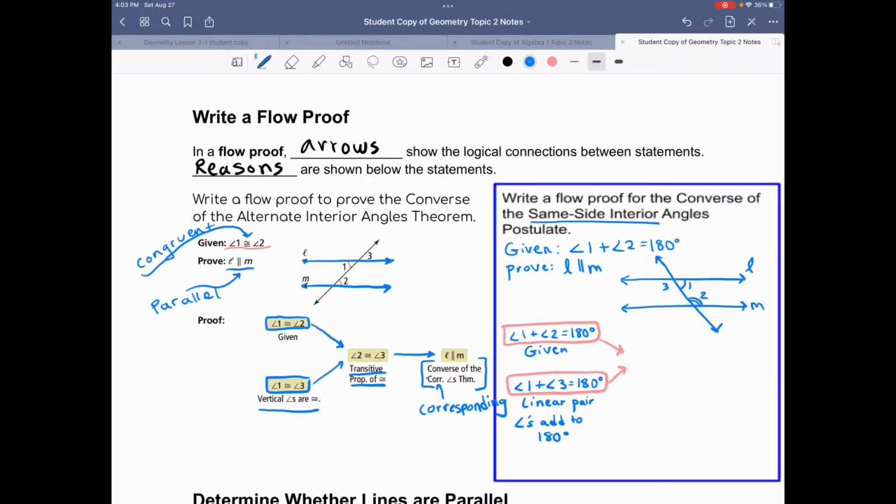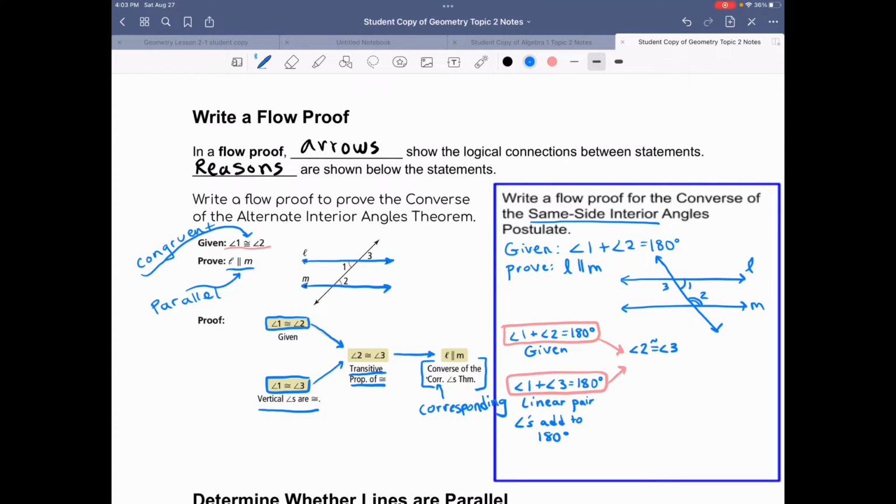And the next thing that we're going to say is that angle 2 is congruent to angle 3. And it's the same reason as the proof on the left that we just did, because if